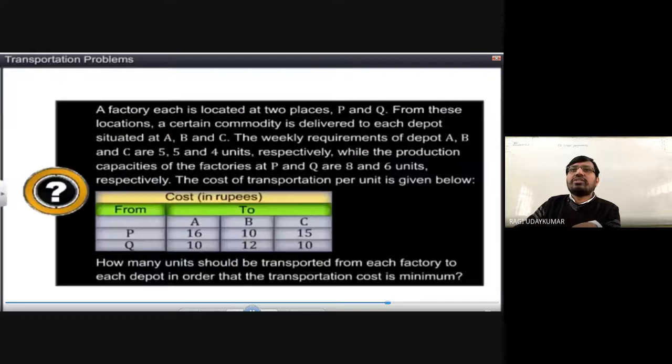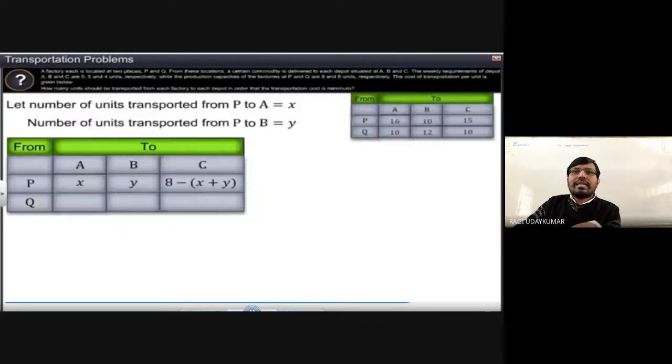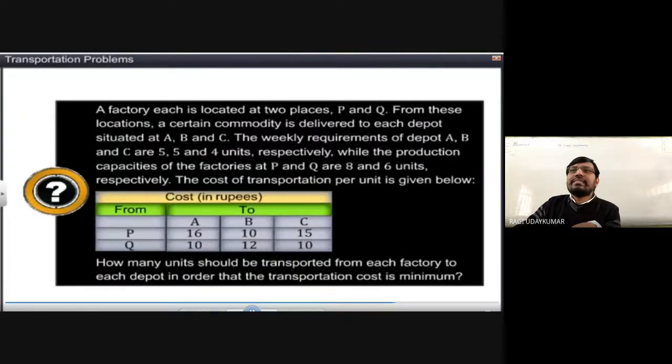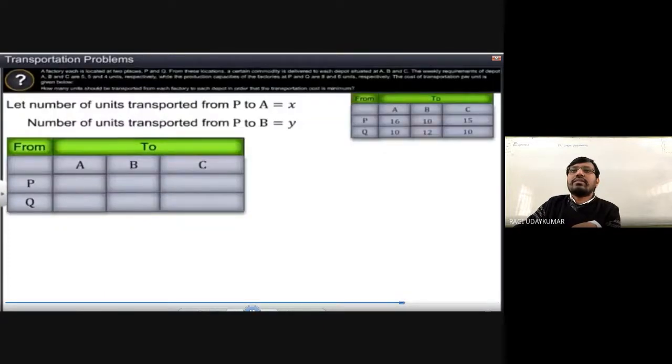I will show you the question. So what is given here? See, capacity is 8. So either X or Y means total 8 minus (X plus Y). And here the Q capacity is 6. So here you are going to get 6. For A here, 5 minus X. Why 5 minus X? Because